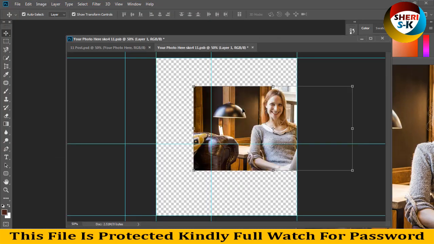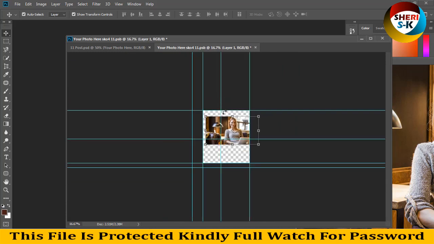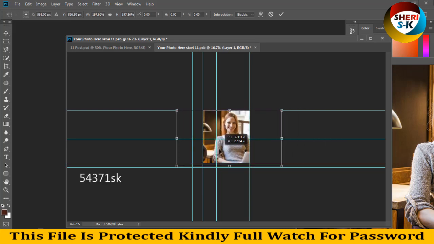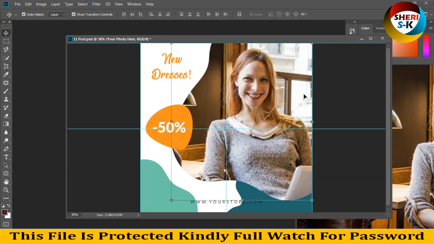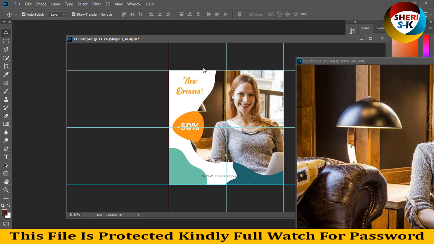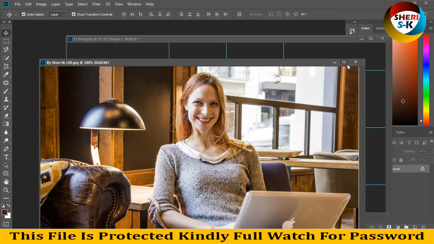Drag here, enter, Control S, write any title and change your color, apply gradient overlay, or you can apply an image. I close this file